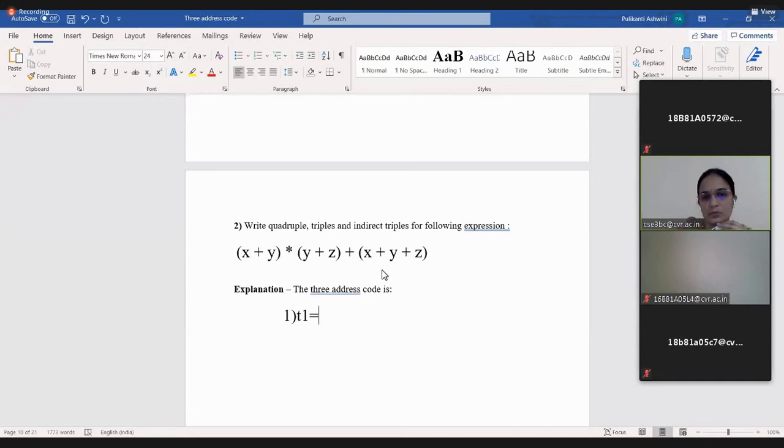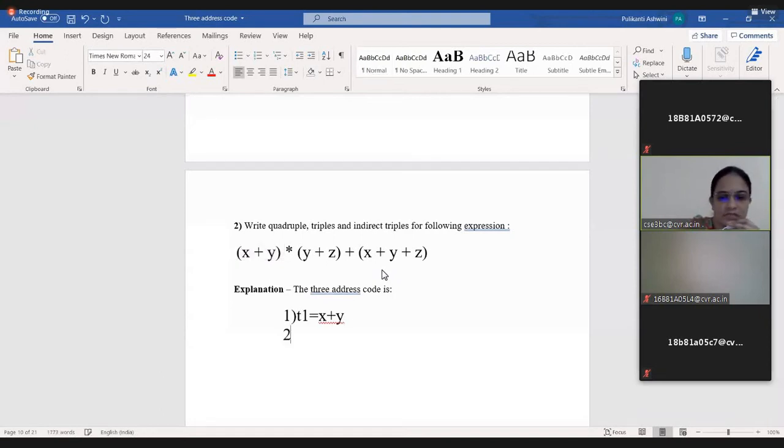So in that case we have to look at the associativity. That means whichever expression or operator comes first will be considered first. So here in t1 I'll store the expression x plus y. So first I consider this one: t1 is equal to x plus y.